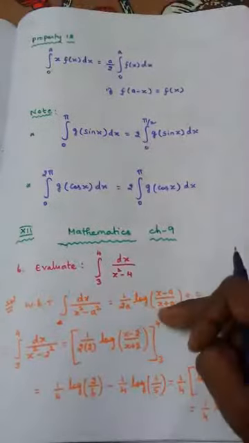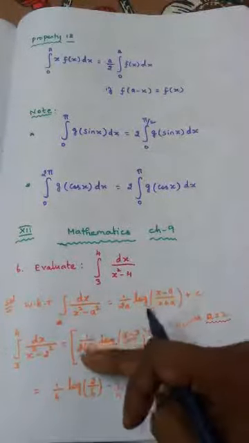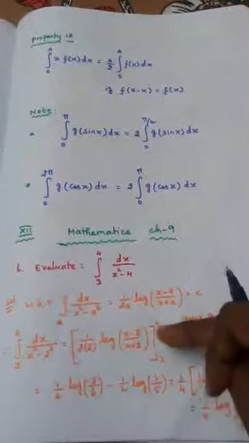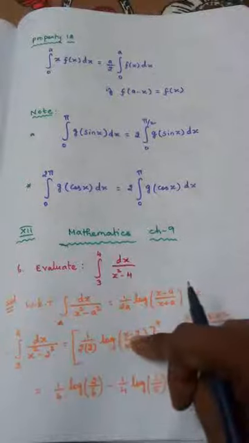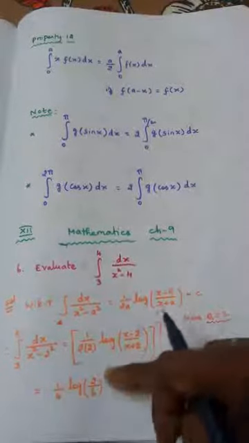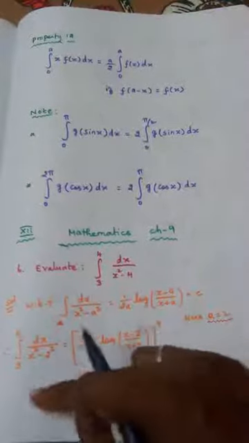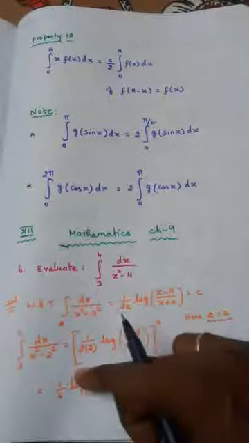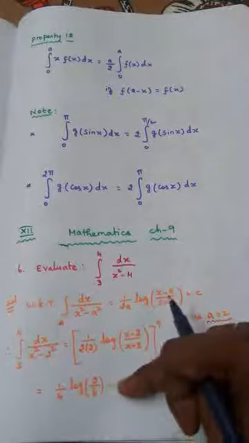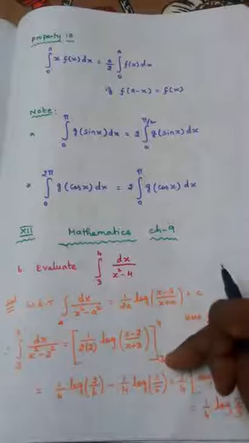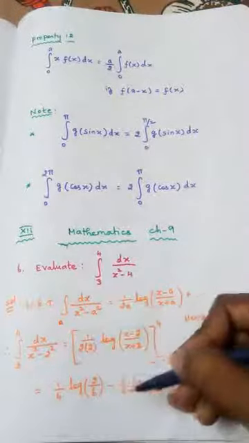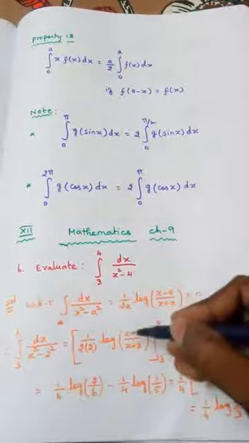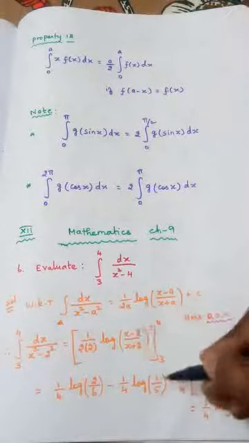So first I have to substitute the upper limit here. So this is 1 by 4 log, upper limit is 4. Wherever x is there, put 4. 4 minus 2, 2. 4 plus 2, 6. So 2 by 6. So this is the upper limit part. After writing the upper limit, we should put the minus sign. Then substitute the lower limit. Now again 1 by 4. Lower limit is 3. So 3 minus 2, 1. 3 plus 2, 5. So 1 by 5.